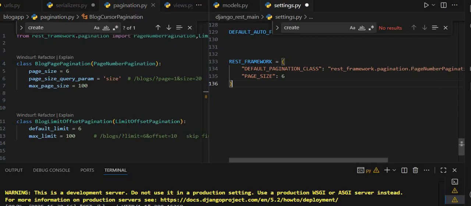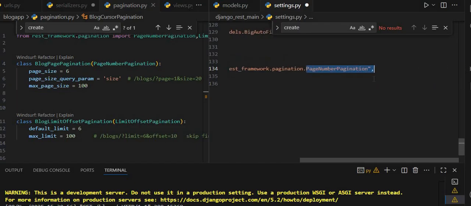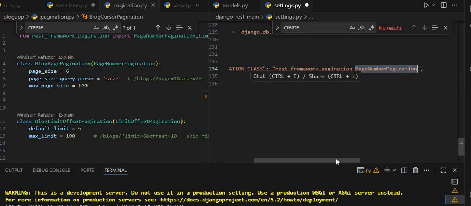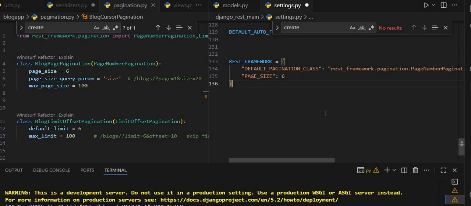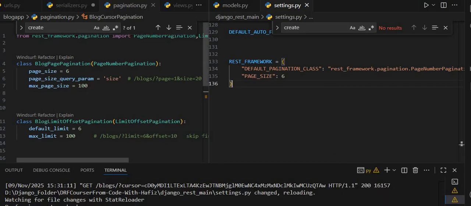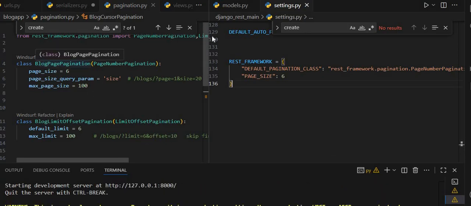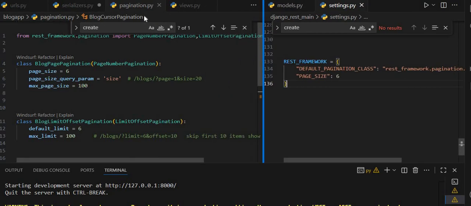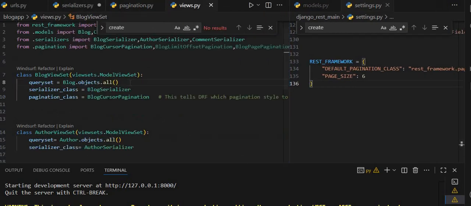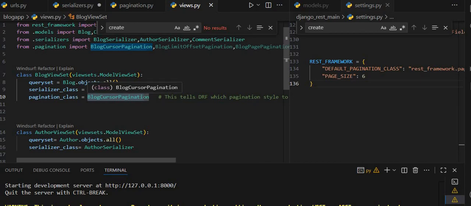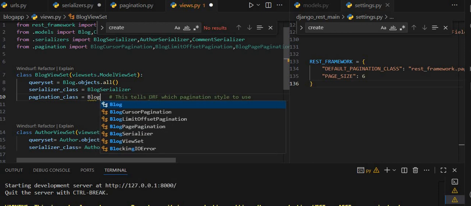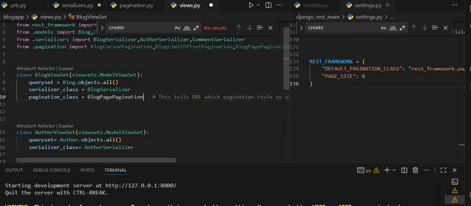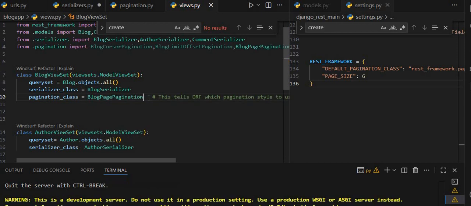For that we have to apply the page number pagination in our settings.py. Save this, and we want to test this page number pagination. So inside my views.py I will change from blog cursor pagination to blog page pagination. Let me save this as well,